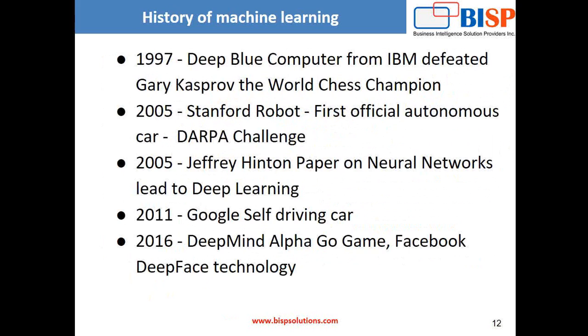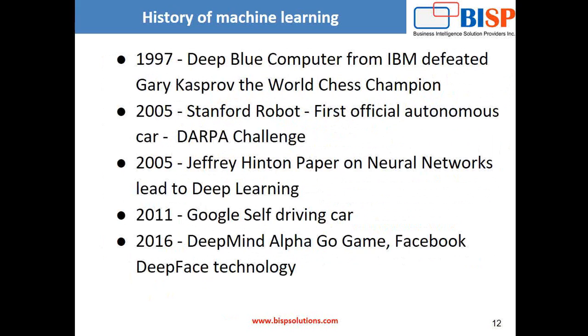The third, there's a gentleman called Dr. Jeffrey Hinton, who presented a unique paper on neural networks that led to what is called deep learning. Again, I'm introducing a new term called deep learning. While you will be able to see these terms in the next few chapters, deep learning is a branch of machine learning. Machine learning is a branch of AI, and deep learning is a branch of machine learning.